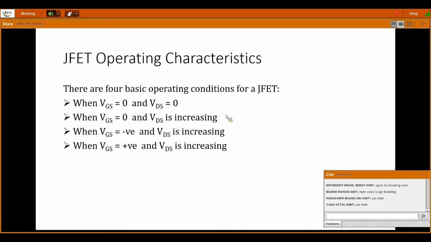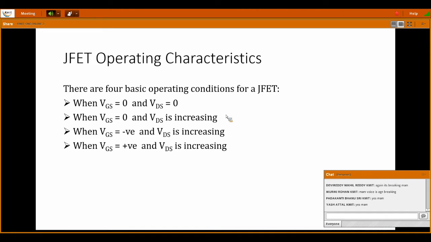Okay, now we will see the actual working principle of a N channel JFET. Listen clearly, all of you. Very important concept, and if you understand JFET, MOSFET is very simple. So to make it easy, I am dividing the complete operation into 4 parts. The 4 basic parts. We will go one by one in a very slow manner.